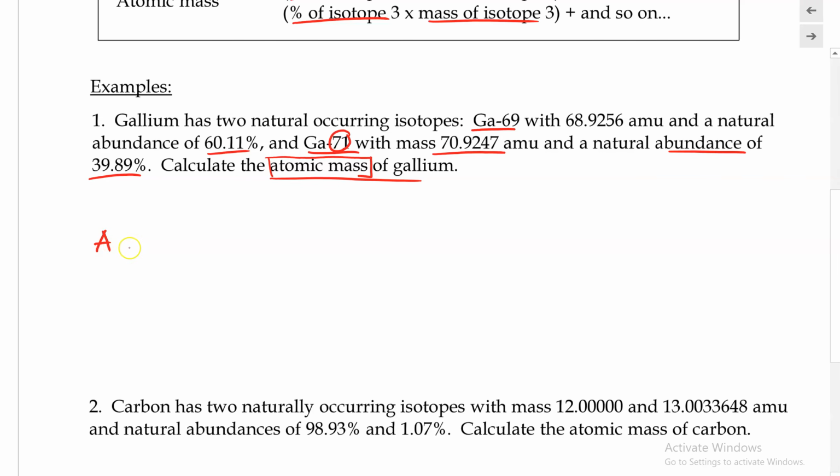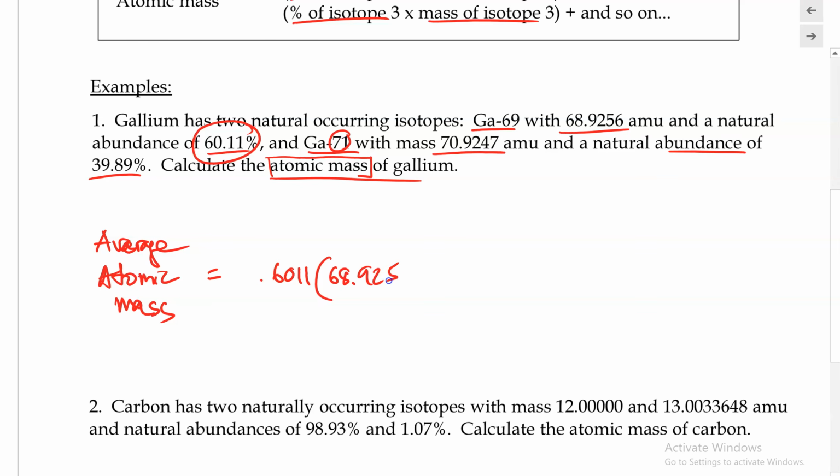So in this case, the average atomic mass of gallium would equal the percentage of the first isotope, which in this case is 60.11%. And we have to convert this into a decimal number, which equals 0.6011, multiplied by the mass of this isotope, which is 68.9256 AMU,